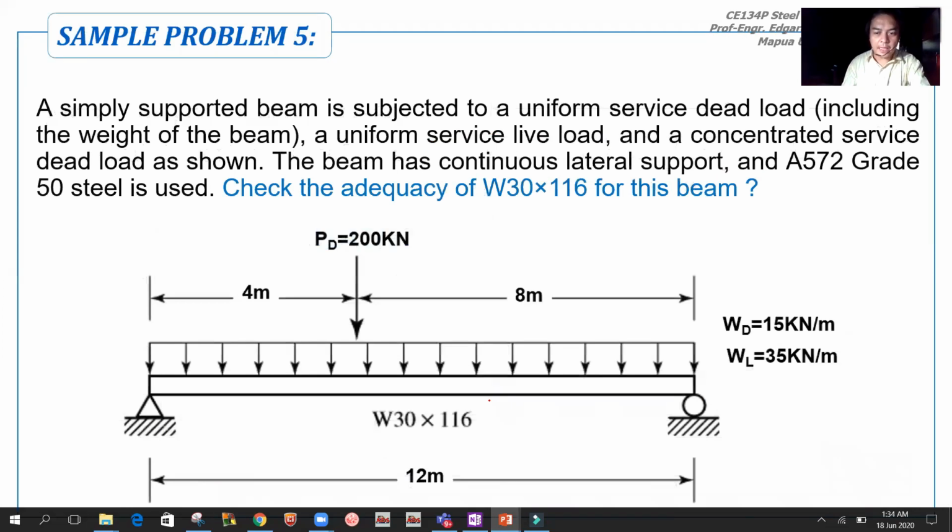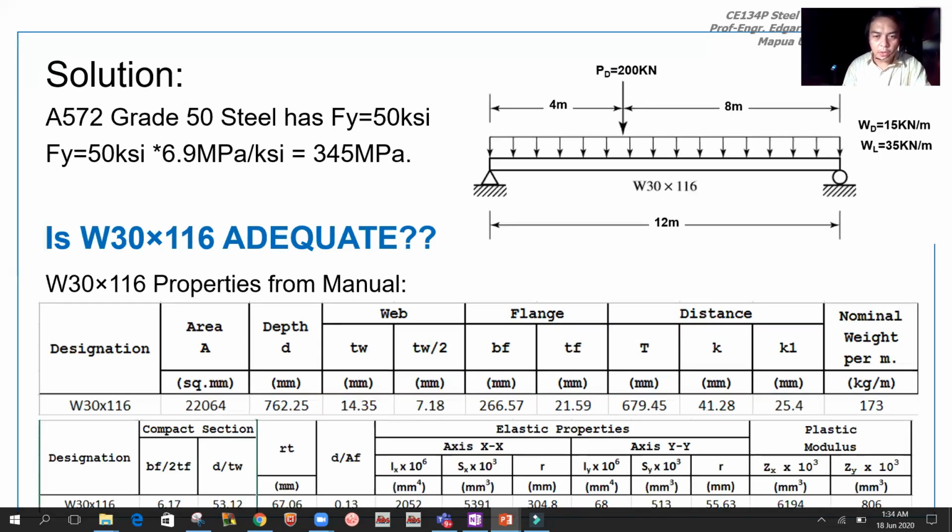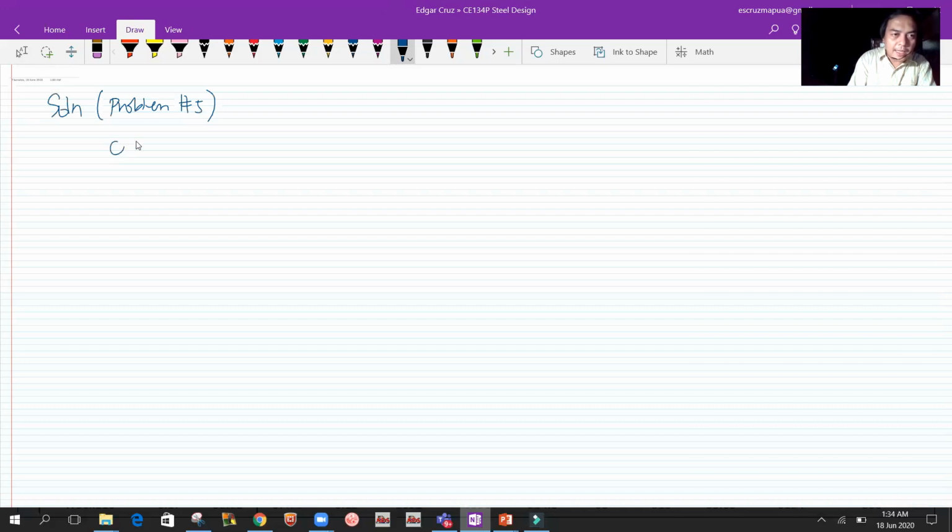Okay, so para natin ma-check yung adequacy, what we're going to do is, so dapat yung design strength niya should be greater than or equal to MU. Okay, so unahin natin muna yung MU. So what is MU? So i-check natin kung greater than. So yan yung question mark. Okay, what is MU? MU is the maximum ultimate moment